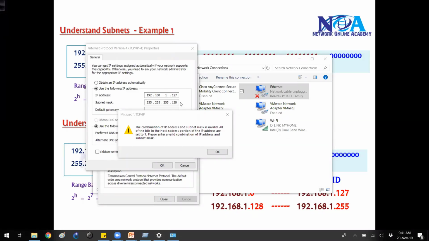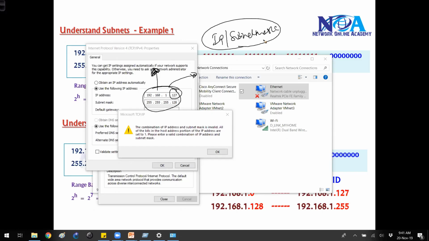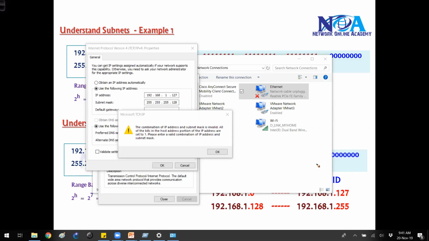When we assign on our computers, we are not going to do all these calculations. All the calculations we learn are for our understanding. In general, on end users' devices or any networking device, router, switch or PC, we just assign the IP address and the subnet mask, and the subnet mask gives all the details, because based on the subnet mask only I can figure out the network ID, the broadcast ID, the range, all these things.